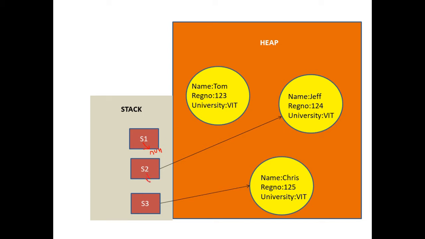Likewise, I will make S2 point to null. So when null is assigned to S2, this particular reference to this object is removed. From now on, after this assignment, if you try to access s1.name, it's going to give us a null pointer exception, because there is no such reference to a name field on the heap. We are clear with this, right?